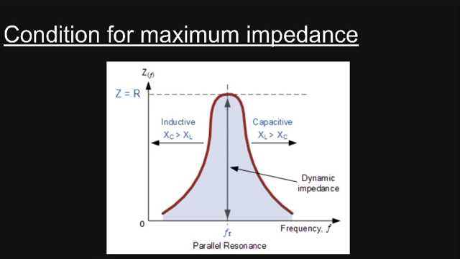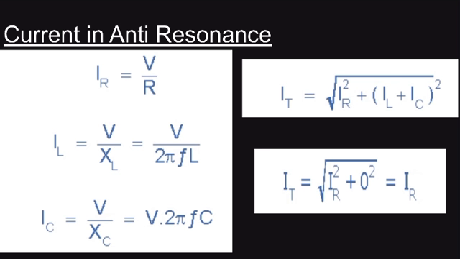Okay, so this is about the condition of a maximum impedance. Now, for the current in an anti-resonance, that means a parallel resonance circuit, as the total susceptance is zero at the resonant frequency, the admittance is at its maximum and is equal to the conductance G. So therefore, the current flowing through